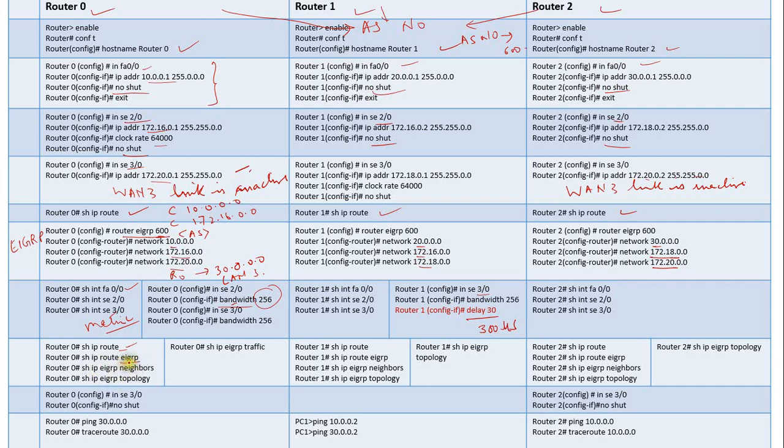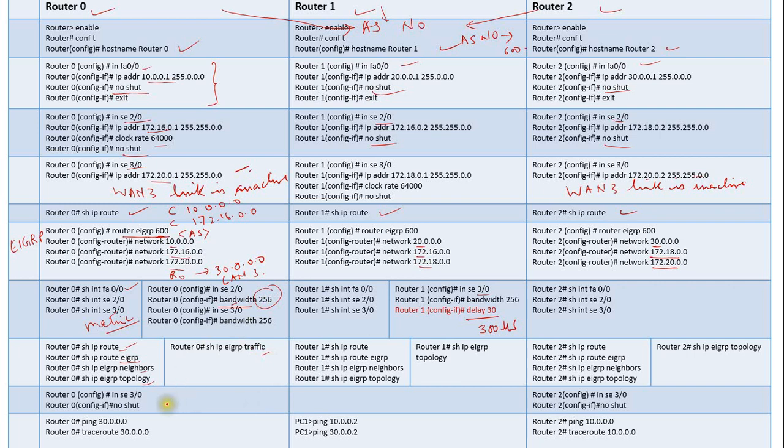Show ip route eigrp will display only the networks learned through EIGRP. Show ip eigrp neighbors will display the EIGRP neighbor table. Show ip eigrp topology will display the EIGRP topology table, and show ip eigrp traffic will display the types of packets and the counts of packets used in the EIGRP communication. It will display the number and types of packets which are sent and received.